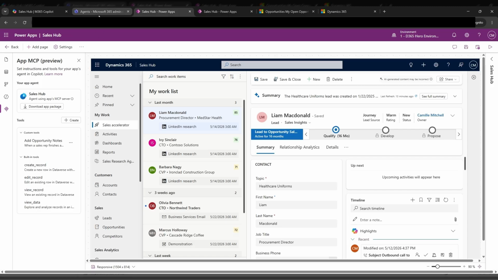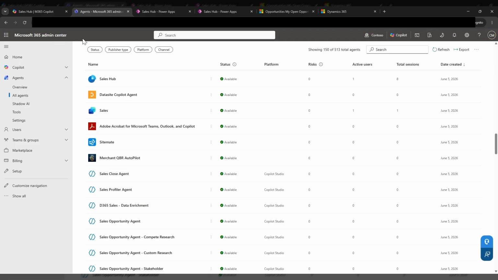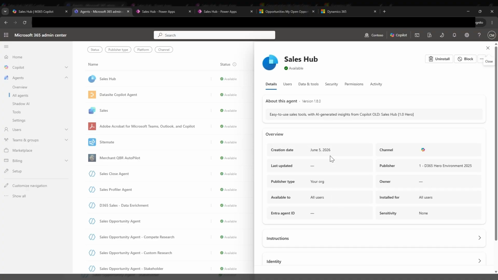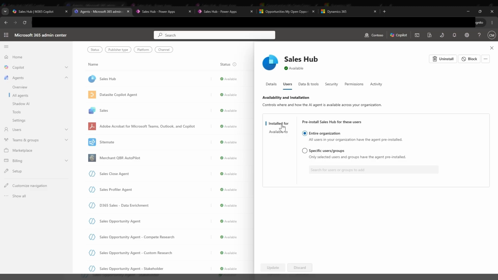If I pop over to the M365 Admin Center, and again, you'll need the necessary permissions to be able to access this, what we're looking for is Agent 365, where I can configure and manage all of my agents. And you can see I already have the Sales Hub sitting in here as an agent. If I pop that open, what you will be able to do, obviously with the correct permissions, is set this agent up. I have the ability to ring fence the application for certain users,